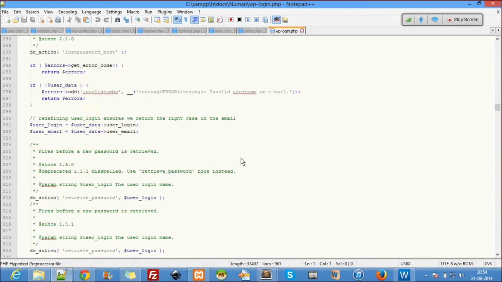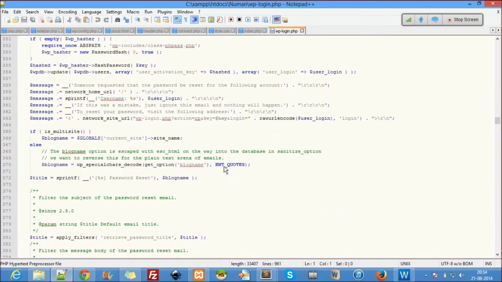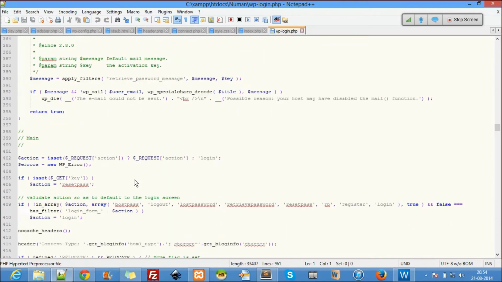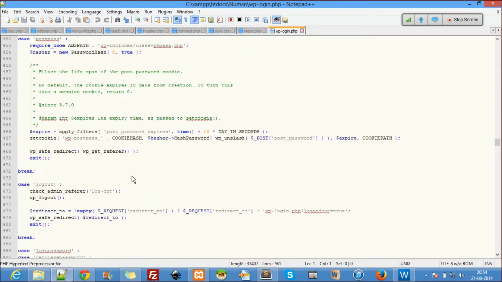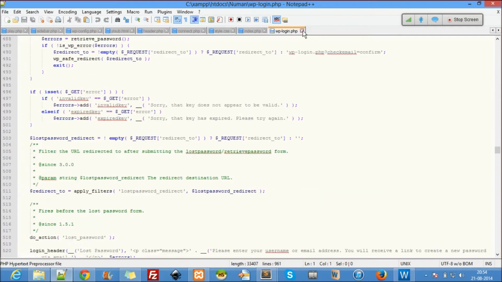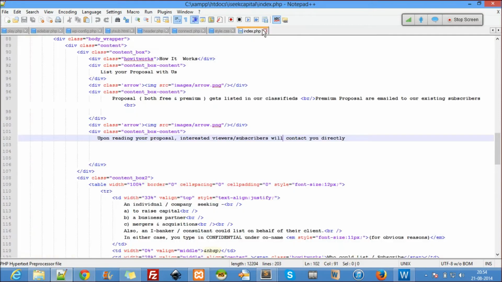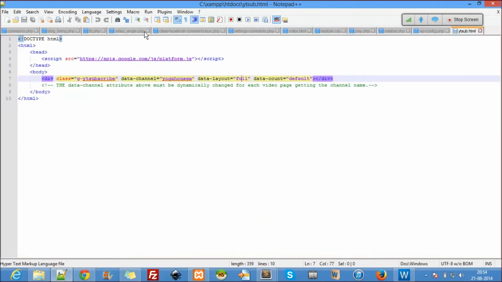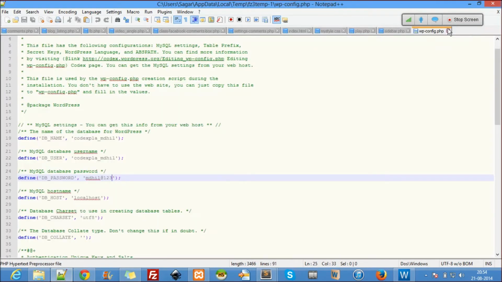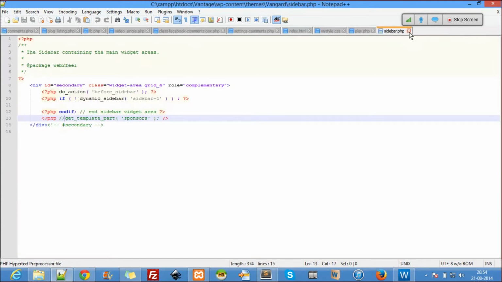This is a real problem with WordPress, because for a login I don't really need all this stuff. WordPress is all about having unnecessary things. A lot of unnecessary things come in place with WordPress, which I really don't like.